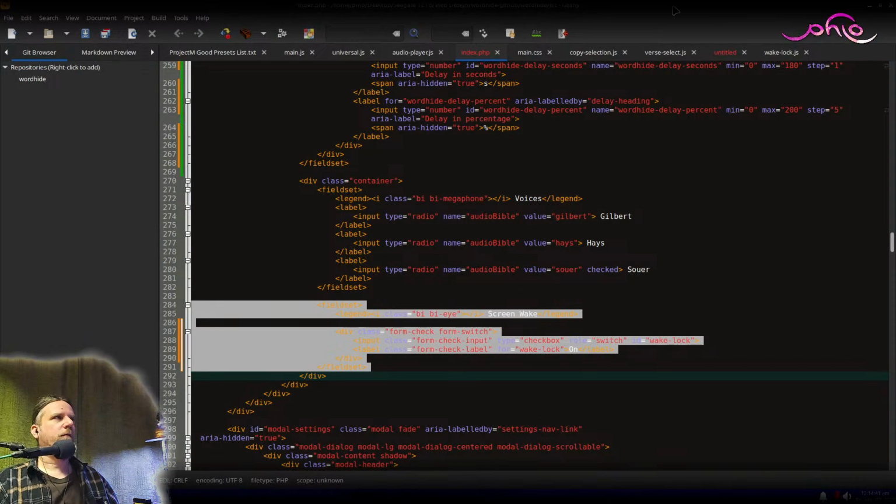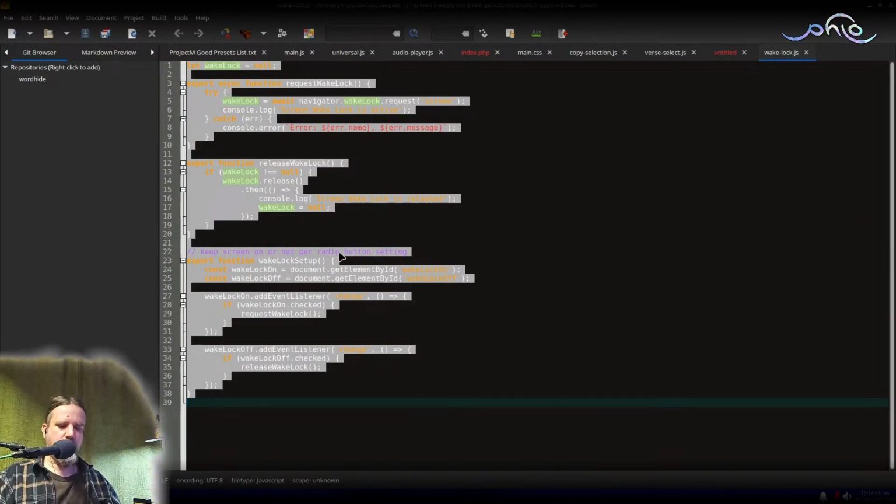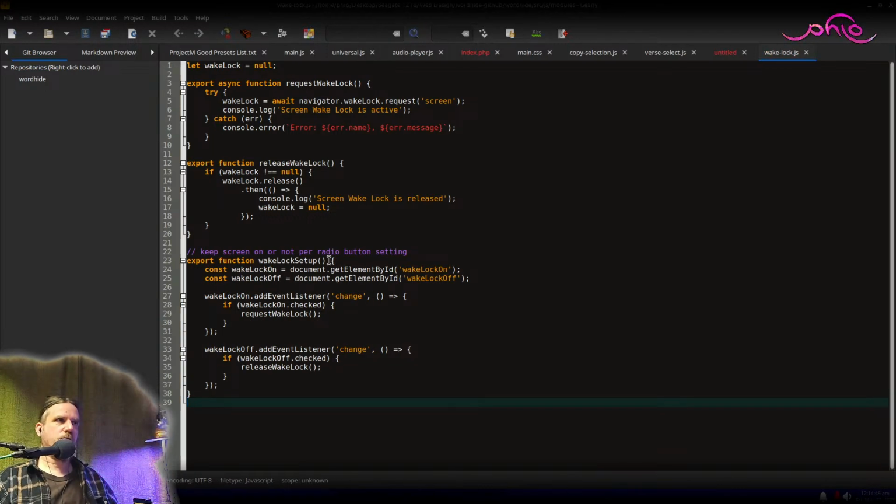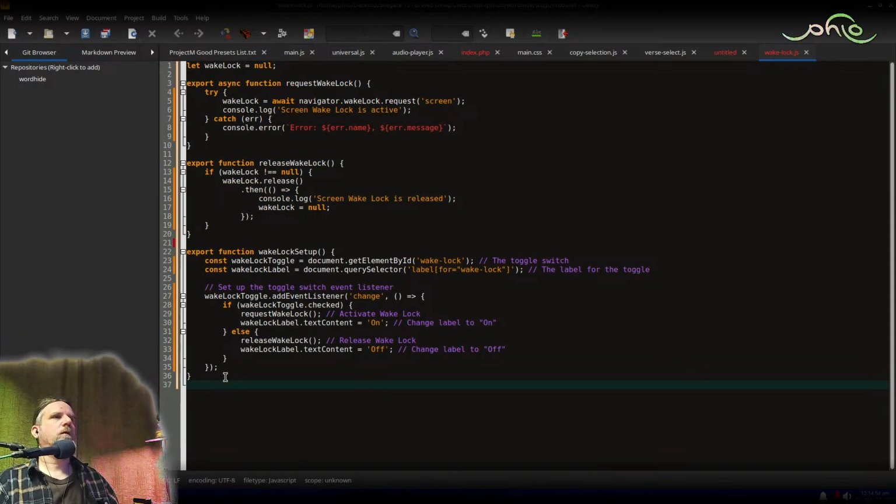All right, probably worked. It's usually pretty good at that kind of stuff. The only way to test this is to use a phone and just leave your phone screen unattended for a couple minutes until it would normally turn off. If it stays on, then it's working. If not, then it's not. So I'll test that out later, because it won't have any effect on a desktop browser.